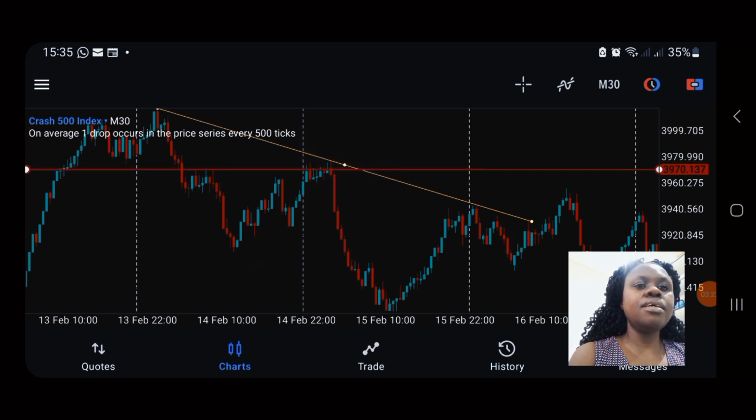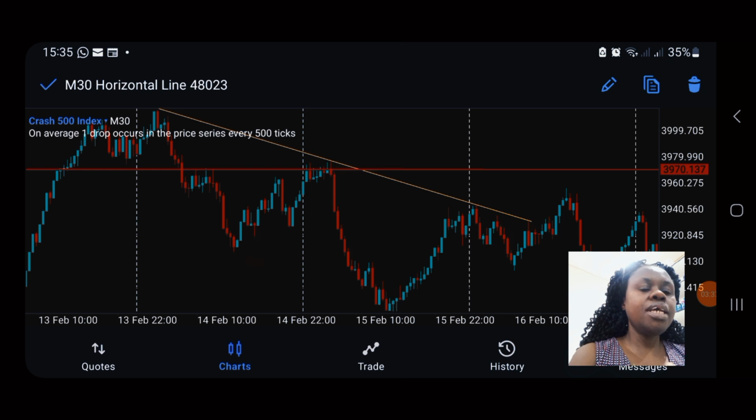As you can see, there is a support that turned into a resistance there. So that's an area where you can take a trade. But here we're just learning how to draw trend lines. So the third part where it touches